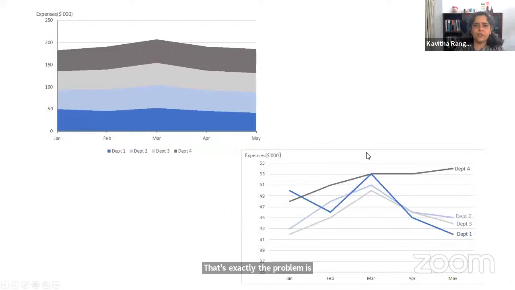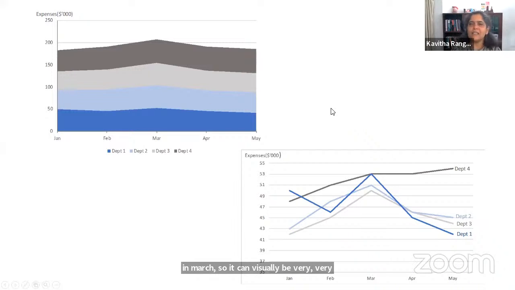So if you look at the actual data, you can clearly see that one department is increasing and the other 3 have peaked in March. So these stacked area graphs become very problematic because these lines that you see are meaningless. They all depend on what is happening to the categories before it. And because the others were peaking, it looked like this also is peaking in March. So it can visually be very, very misrepresentative of the data.